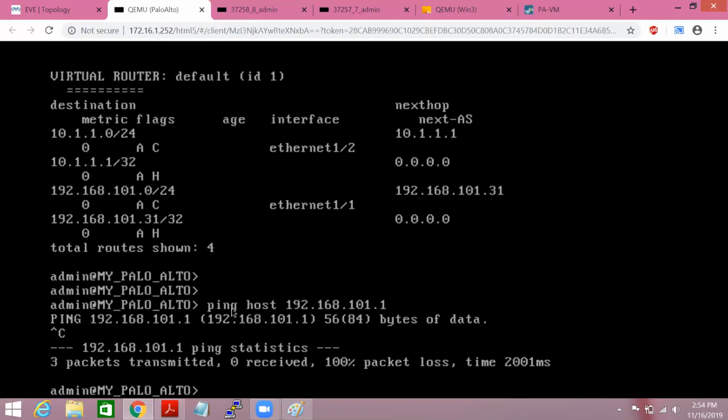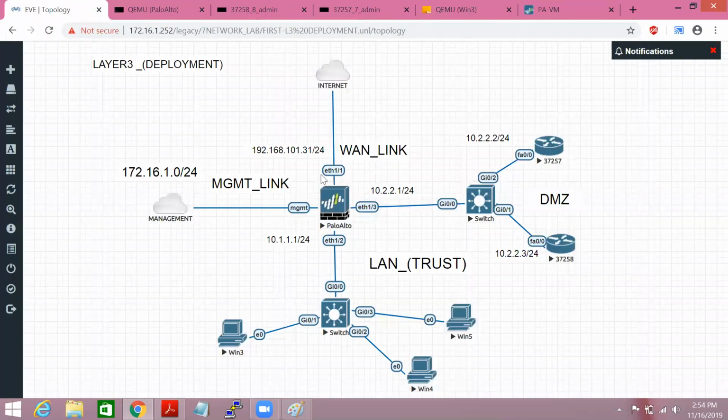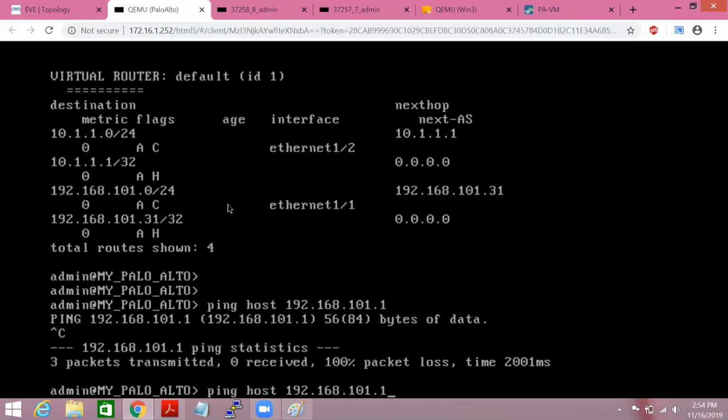Why so? Because any traffic I initiate from the firewall uses the exit interface, which is management. So in order to ping from a specific interface, we have to mention the interface IP address also. Otherwise, it will not work.